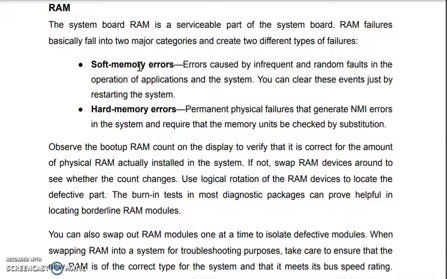And another way to deal with this memory issue, if you're having 1 GB, 2 GB, then replace it with the 4 GB that your system supports, 4 GB to 8 GB. Then these software memory problems will be removed. And for the hardware memory problem, we have to remove it, clean it again, and fix it.